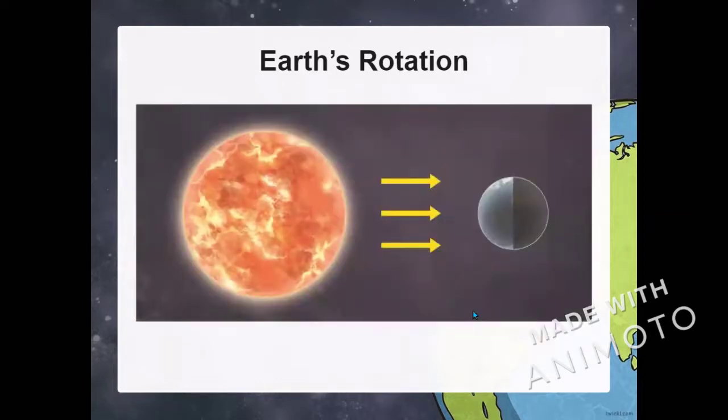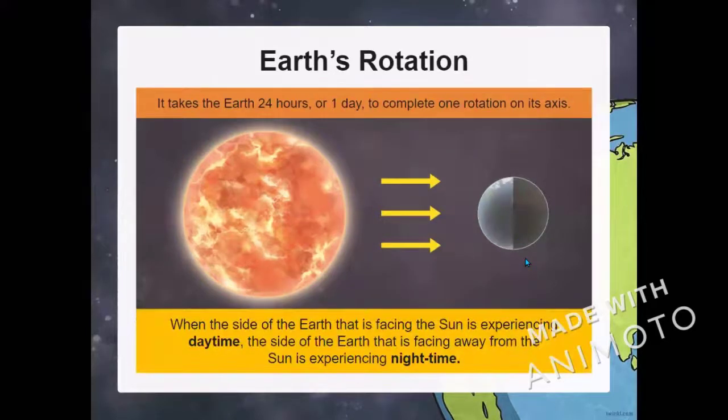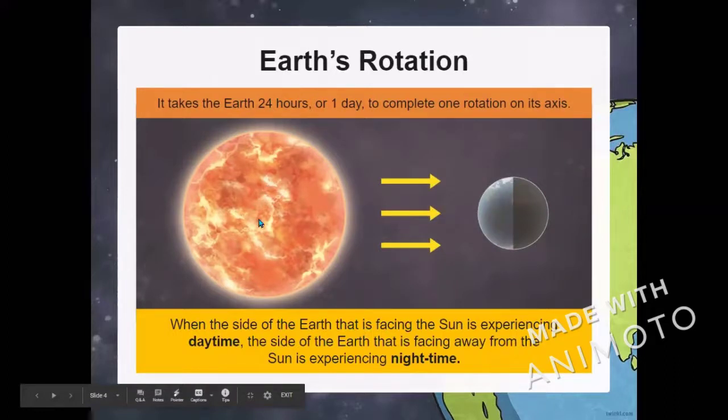Then we have the Earth's rotation. It takes the Earth 24 hours, as I told you, or a day. Remember that 24 hours make a day to complete one rotation on its axis. Remember, once again, the axis is an imaginary line, but it's not straight, it's tilted. Yes? Good. And when the side of the Earth is facing the sun, here we have the sun here, it's